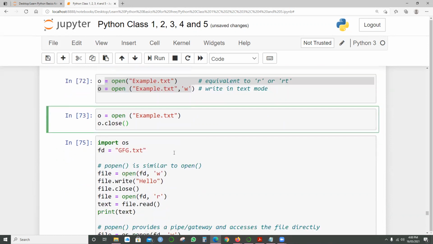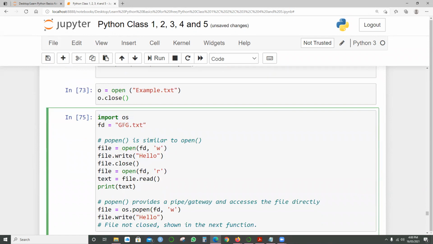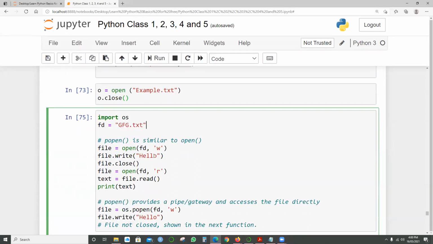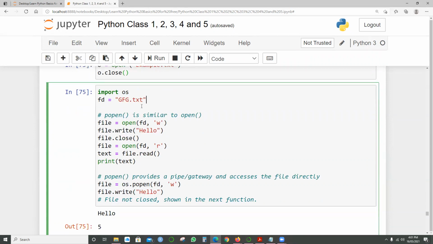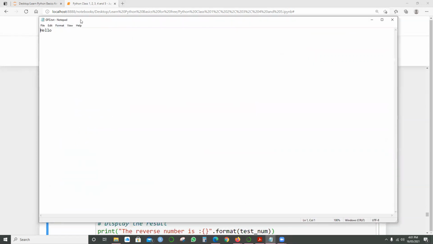So what I'm trying to do over here is, for example, one example, I'm saying import os. Okay, assigning fd equals gfg.txt. I'm giving some name, and what I'm saying is open the file, write the word hello, and close it. That example.txt is a different example, but this is one of the different examples. What I'm trying to do is open a file, write the word hello, then close it, then read it. If I want to do this and run it, see,